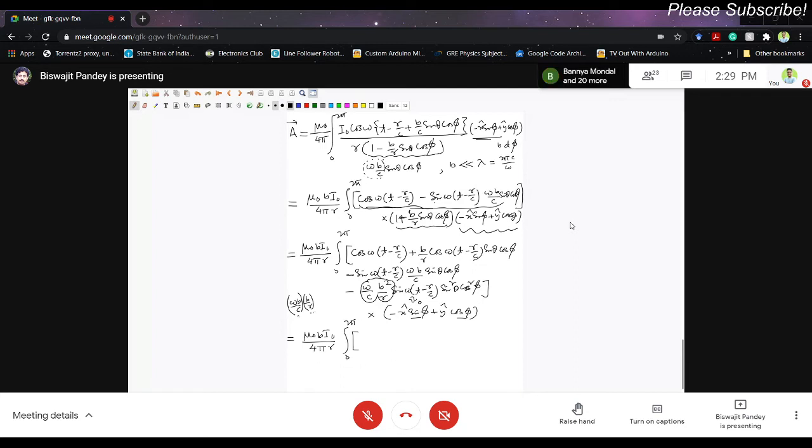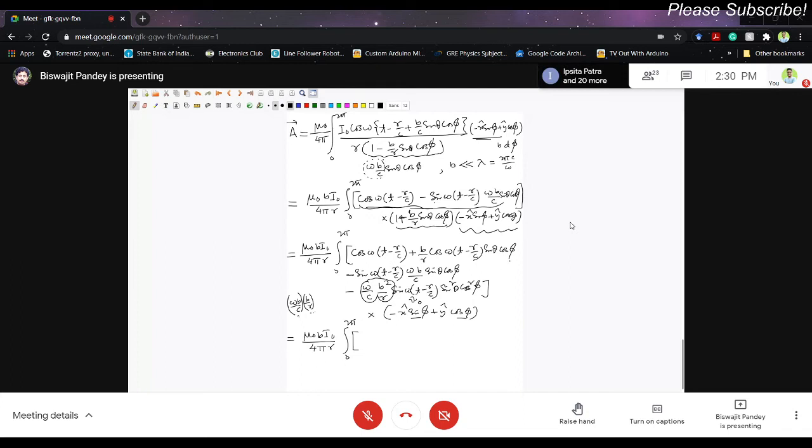In the second term, if I multiply this sin phi with the second term, we will have sin theta cos phi sin phi. Sin phi cos phi can again be written as half of 2 sin phi cos phi, which is sin 2 phi. Again, if you integrate, that will be 0, right? And if you take this term sin phi cos phi, again that will be 0, right? If I multiply cos phi, cos phi, again the first term will be 0.